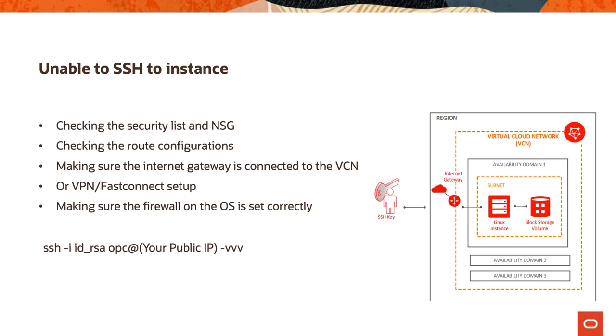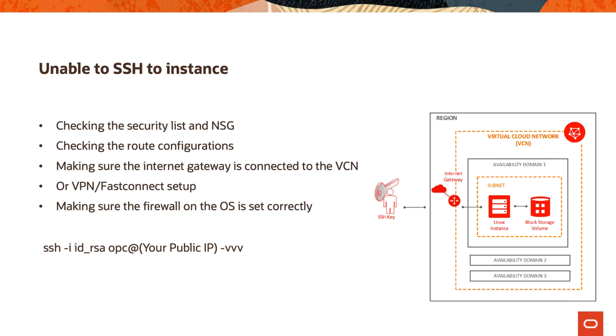you can actually access it, maybe from your on-prem, or if you have a VPN tunnel, making sure that the route configurations, because you're going to a private IP address as opposed to a public IP address, are able to actually hit that resource. Now, once you go through all of these items, like making sure the firewall on the OS is set correctly, if you're still unable to get in, the next would be making sure, one, that port